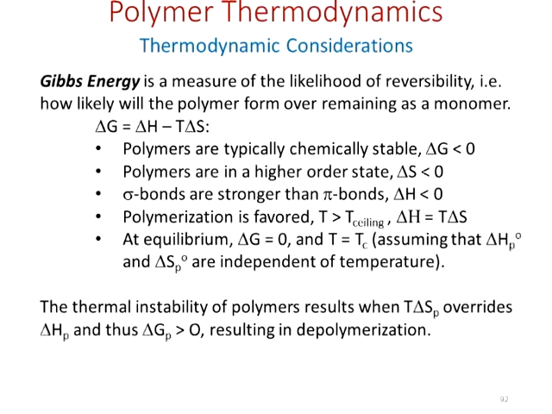Thermodynamically, polymerization is favored when the temperature of operation is greater than the sealing temperature. So that's basically saying that polymerization is favored. All right, at equilibrium, which is really what we're talking about when we talk about our sealing temperature, we find that delta G equals 0, T will then be equal to TC, and we're making certain assumptions here